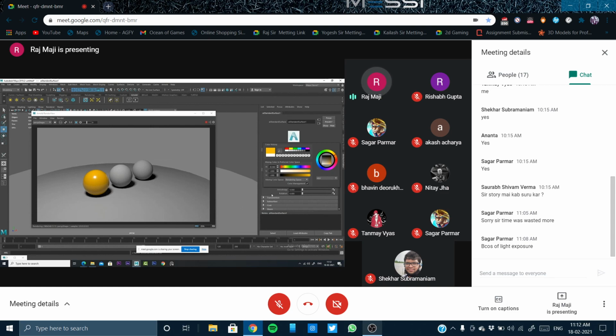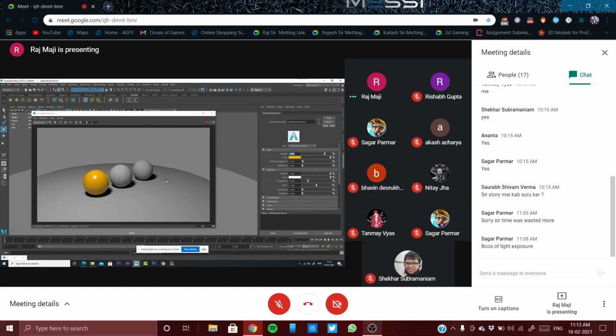Okay, a yellow plastic kind of an object this is. What this weight will do, basically, if you increase it, the hue is very much, the entire 100% hue is diffused, and if it's very less, you see the hue is very dull. And over there also, you have seen it was 80% always the diffuse. So the same thing, it is the diffuse weight, and that is the color, and this is the diffuse